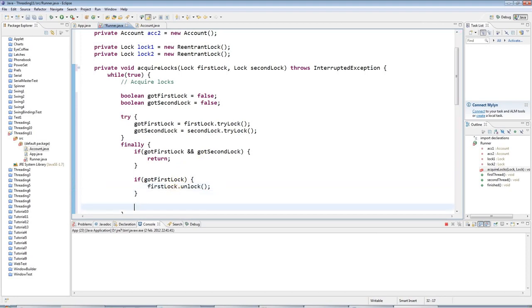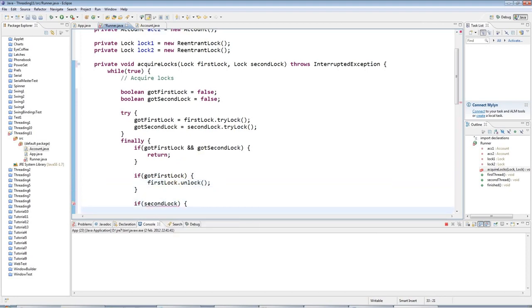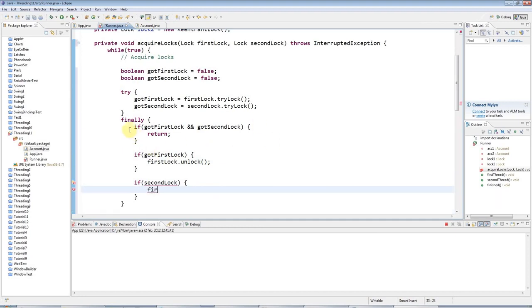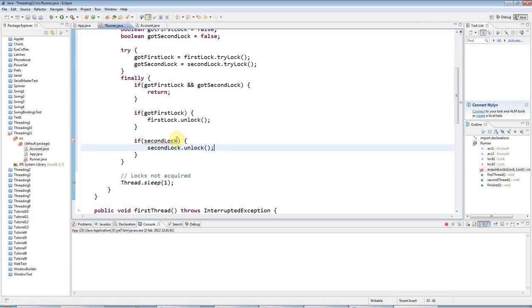And here, if I've got the second lock, and remember this bit's only happening if I haven't got both the locks, then I'll do secondLock.unlock, and yeah, that should be gotSecondLock. Okay, so